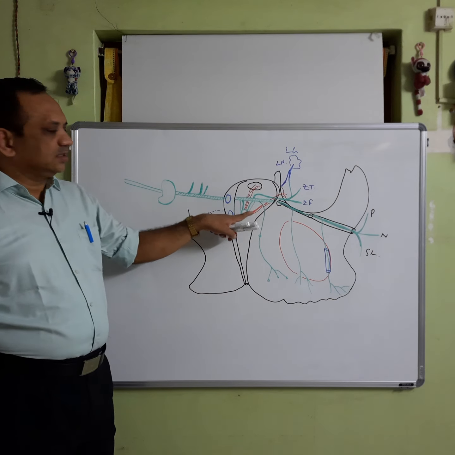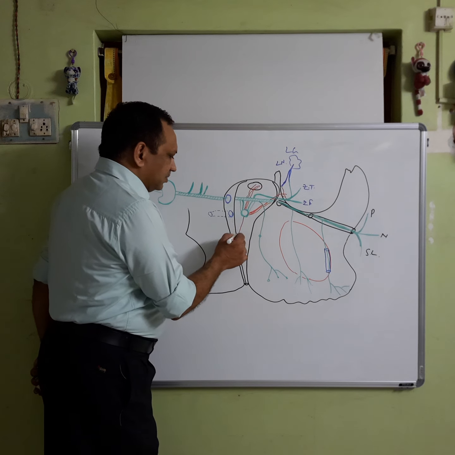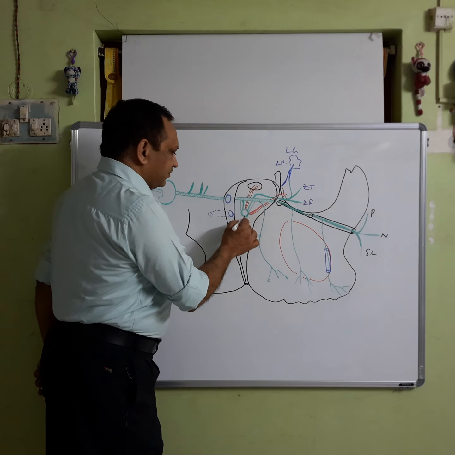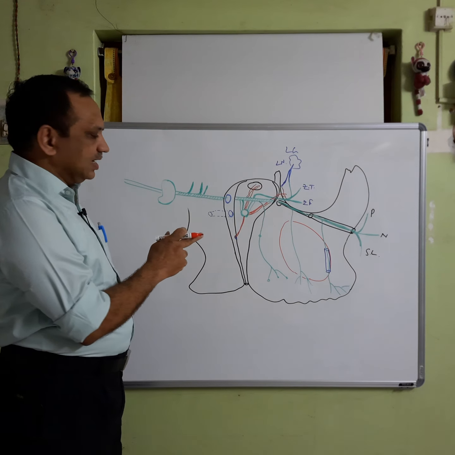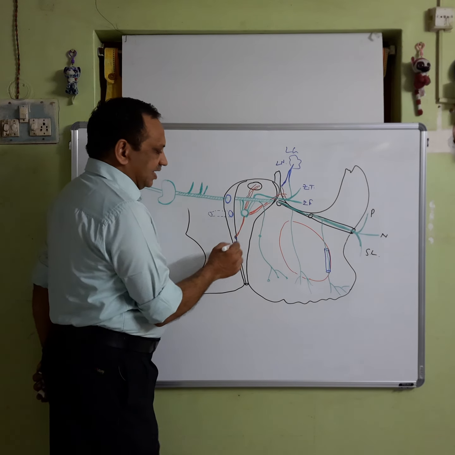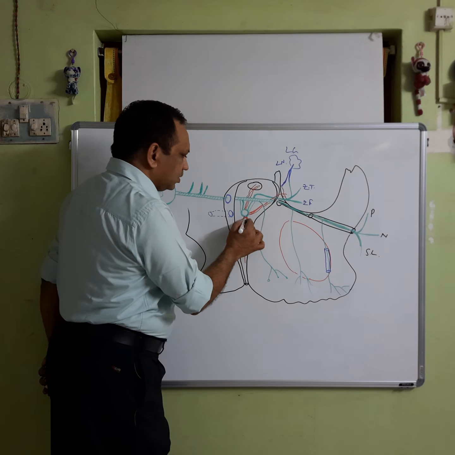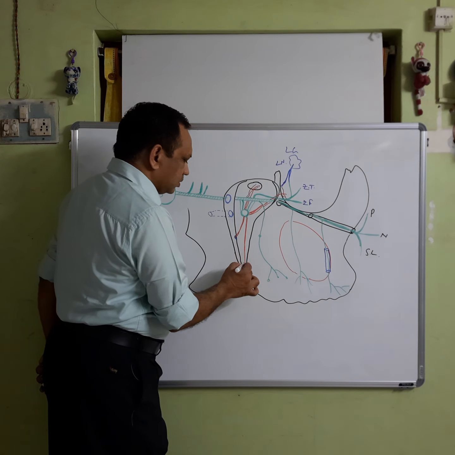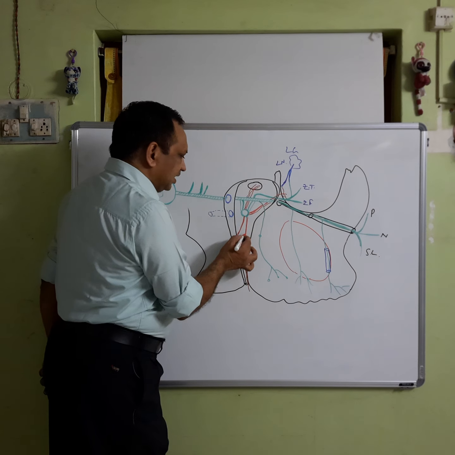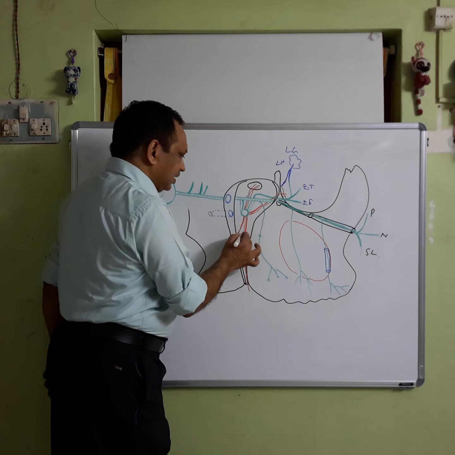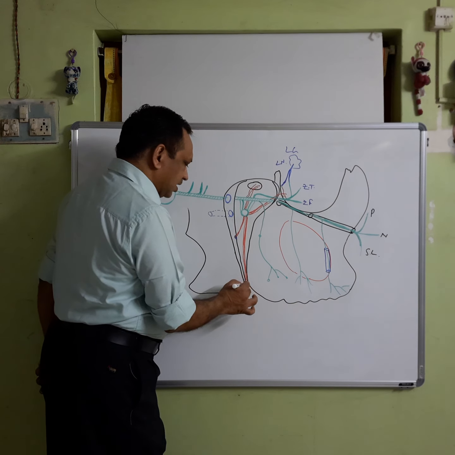So, orbital branches, nasal branches, then we have pharyngeal branches. One pharyngeal branch goes through the opening of the palatino-vaginal canal. So, it passes through the pharynx, and another set goes down like this. These are the greater palatine and lesser palatine nerves. Both are going down like this.